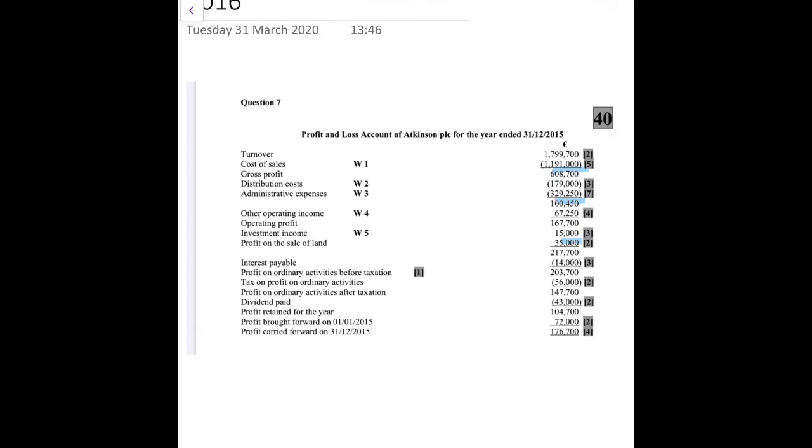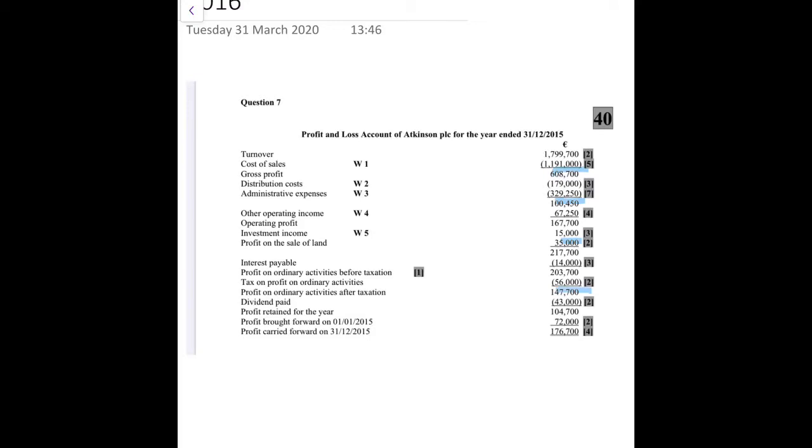Then we have our interest payable of €14,000. That's also coming from our workings. Then that gives us our profit on ordinary activities before taxation, and you need to have that wording correctly. So you're getting 1 mark there for that. So your profit before taxation is 203,700. Then you're putting in your tax, which is our corporation tax of €56,000. So you're only putting the corporation tax in there, and that gives you your profit on ordinary activities after taxation of